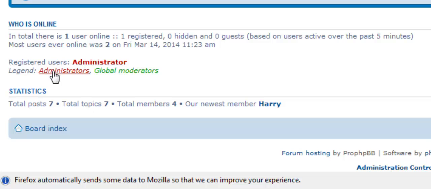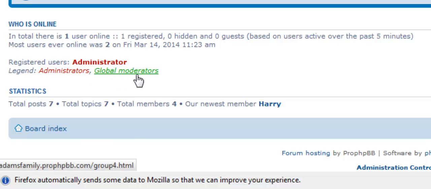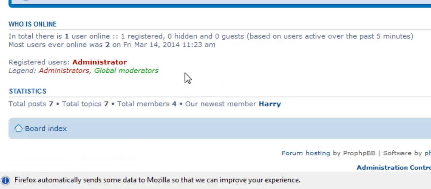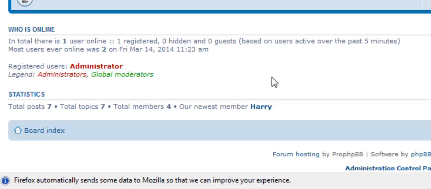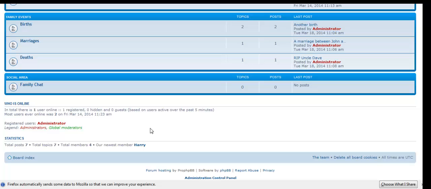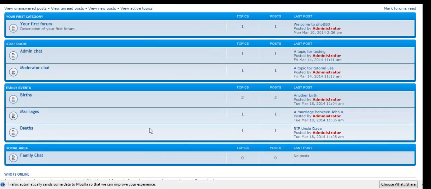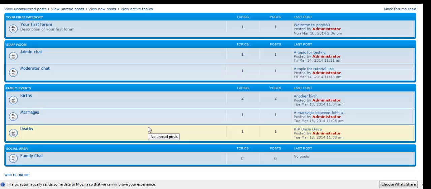If you notice down here in the legend, we've got administrators and global moderators listed, but we've got nothing else listed. I'm going to show you how we put in registered users, and of course once you've put that in you can list any other particular rank that you create on your own forum. Again, it's just aimed at basic beginners. So let's crack on. I want to try and cover as much as I can in this tutorial, and hopefully I can fit everything I need to fit in this tutorial without creating another one.